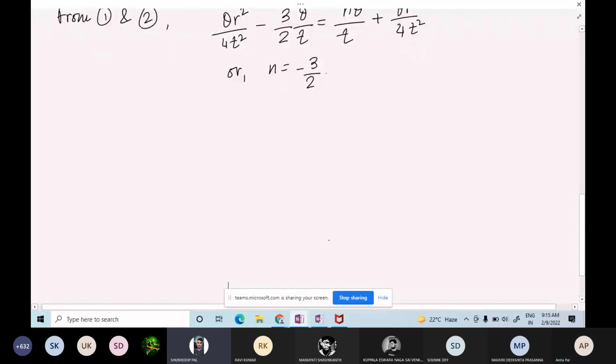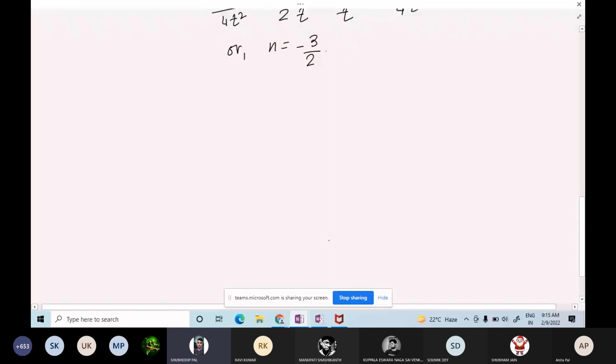Ma'am, you have given a sum saying x to the power x into y to the power y into z to the power z equals a. Can you please solve that? Today I'm going to upload the study material, whatever I have taught, so you will get it there. Actually, I gave this sum last day. Yeah, I know, you'll get it.